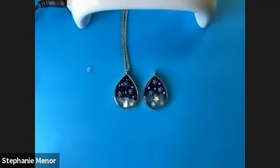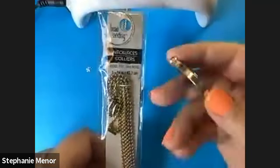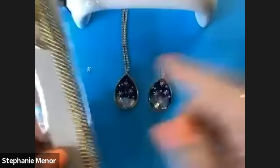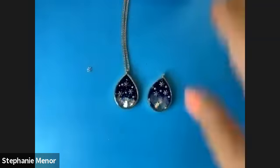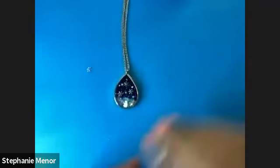But here's the thing. Then you can take some pre-made necklaces from Michael's and just string it right on there. That hole will accept these bead necklaces. You can just string it right on, and there you have a custom necklace in just a few minutes. Cool. I don't think I'm going to string it on there. You guys know how to string on a necklace because I want to make sure we have lots of time